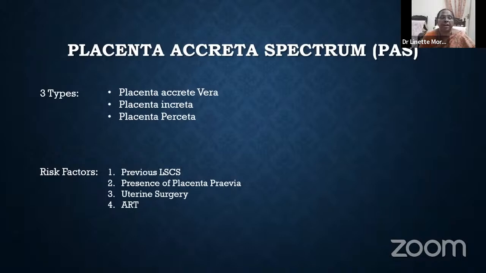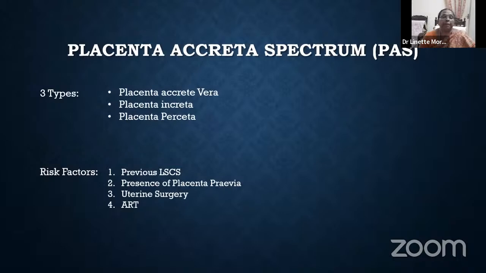Next, we come to a very important entity, the placenta accreta spectrum. This placenta accreta spectrum is known for its torrential hemorrhage during the postpartum period. This is an abnormally adherent placenta. There are three types: the placenta accreta vera, where there is a direct adhesion of the placenta to the myometrium without an intervening